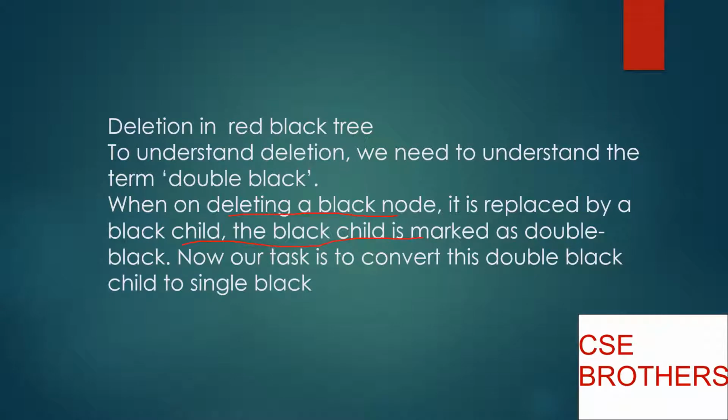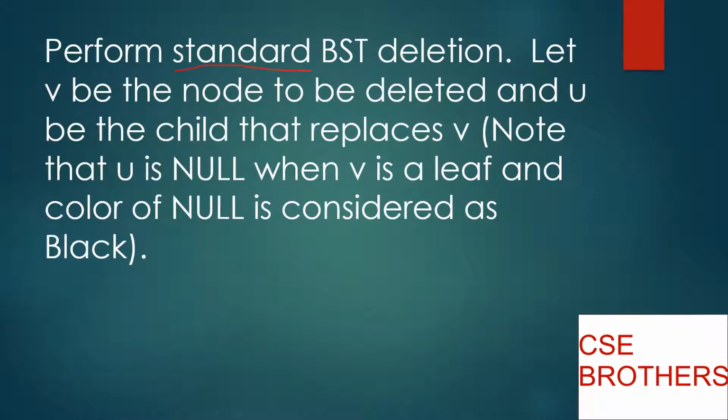The black child is marked as double black. Okay, so this is the concept of double black. Now we need to convert this double black into a single black. So we'll perform normal standard BST deletion first, and then let V be the node to be deleted and U